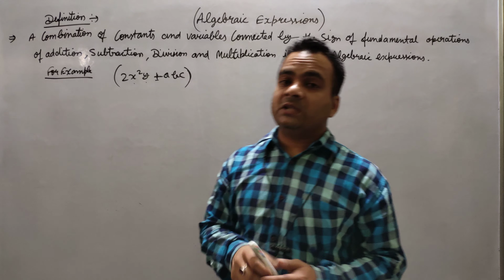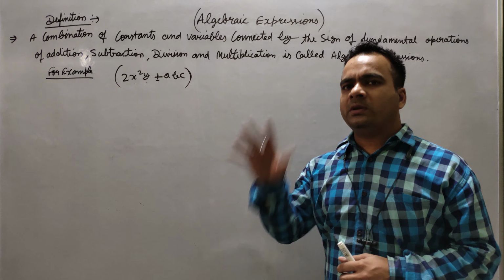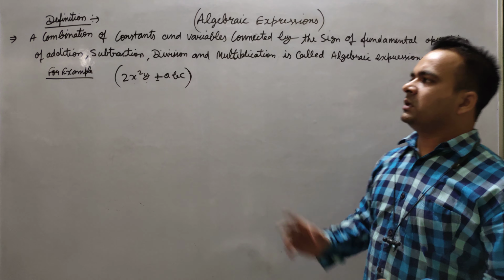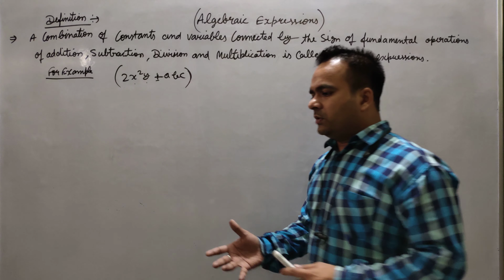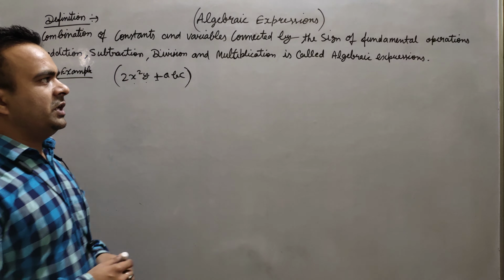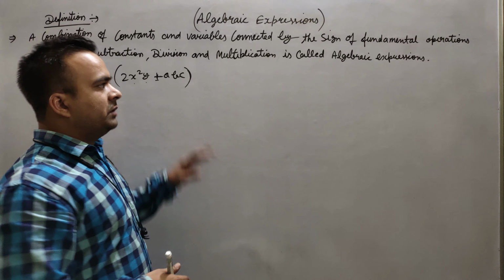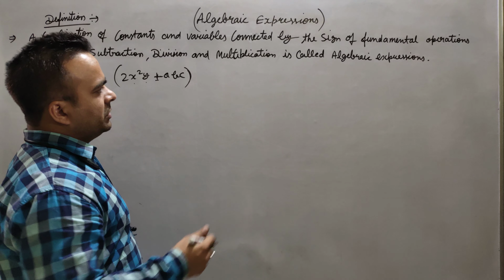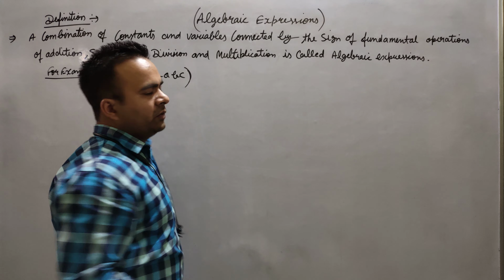But students, how many algebraic expressions are possible if we write, for example, this one? So how many are the possibilities? The answer will be infinite, obviously, because there are infinite algebraic expressions. But whenever we classify algebraic expressions, we have two categories. Before getting into the classification, I just want to take you through some introductory terms which are very important to understand in this particular chapter.